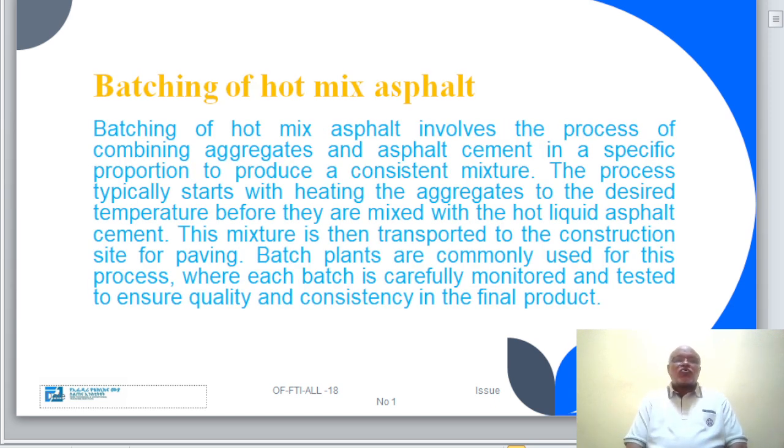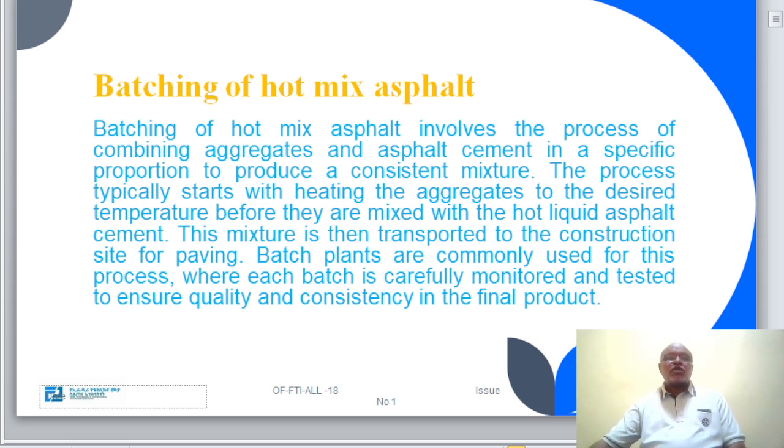The plant production of hot asphalt consists of hot mixing aggregates with bitumen in a special plant in order for the asphalt produced to be homogeneous and in accordance with the target mix composition. Before adding the bitumen, the aggregates are blended at a predetermined proportion so that the required or target grade is achieved. Before or after blending, the aggregates are heated to dry them and to raise them to a temperature suitable